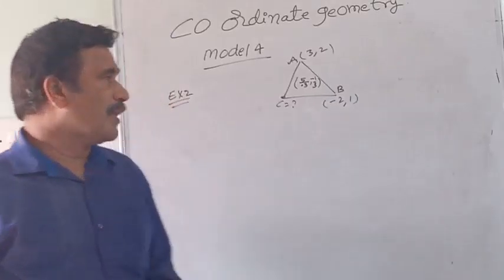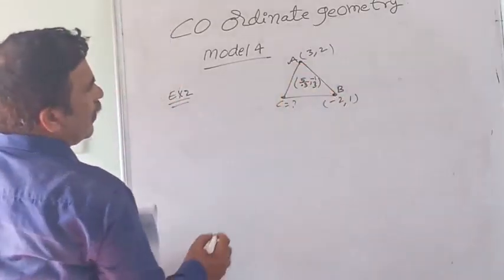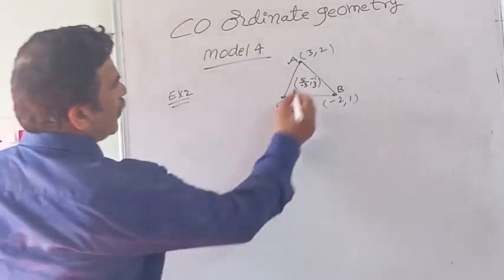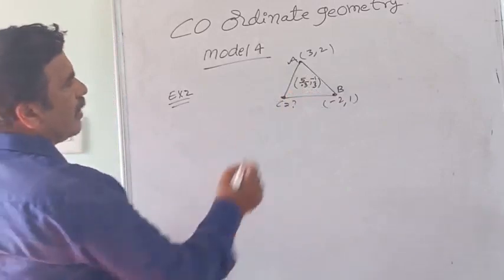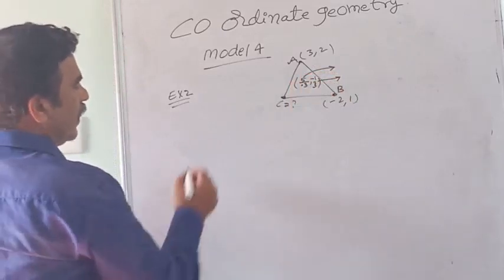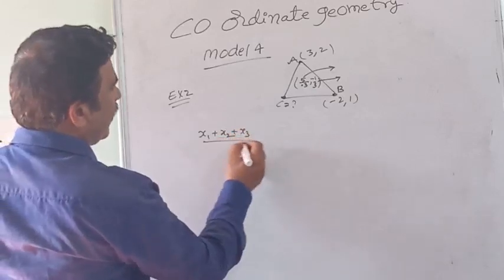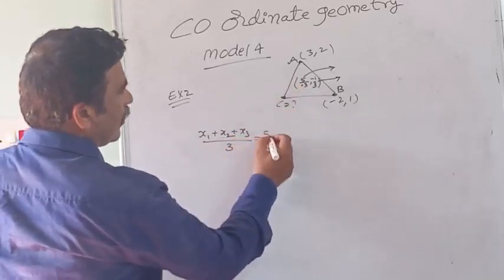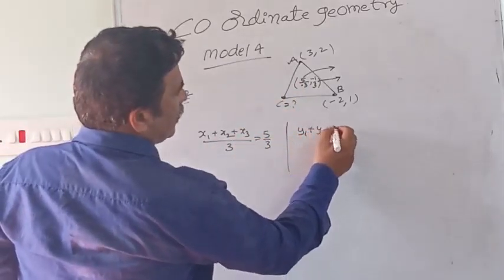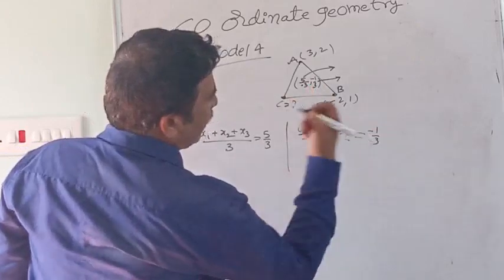Okay. Now example 2, he'll give two vertices of the triangle and the third vertex is asked. Two vertices he'll give, third vertex asking. The centroid he gives. Centroid means this is the x coordinate of the centroid, this is the y coordinate of the centroid. Therefore, x coordinate formula x1 plus x2 plus x3 by 3, the value he gave, that only take. Second one, y1 plus y2 plus y3 by 3, the value given, that 1 minus 1 by 3, take.